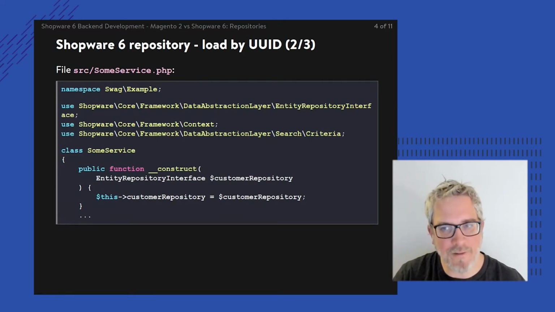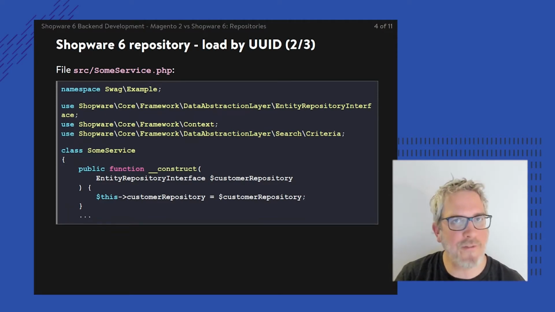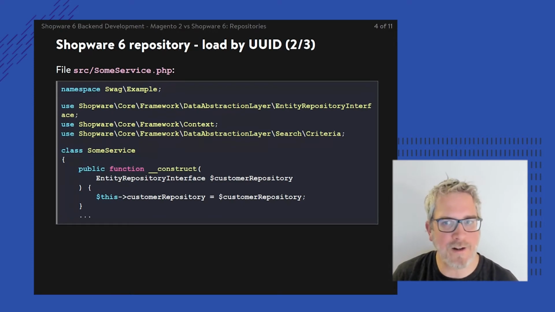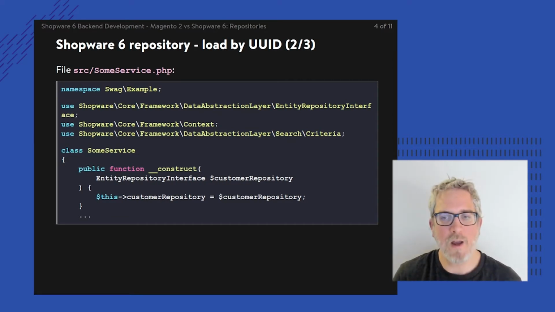And if we inject this, and also if the name of this variable is customer repository, in the end, the Symfony DI container is going to automatically wire this argument to the argument that was defined in XML. And thanks to that process of wiring, this basically works. We're being injected with a class instance of entity repository, but that entity repository is pre-configured to behave as a front end towards the customer entity.